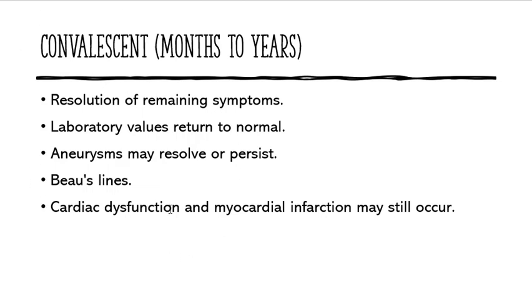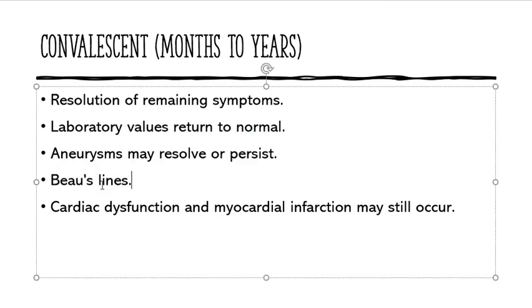In terms of the long-term effects, you may still get some aneurysms happening, and cardiac dysfunctions, infarction may still occur in the future. As I said, you can try and treat it now, but you never know what happens in the future. So they're more likely to get it. You might start getting Beau's lines, so these nail changes, nail infarcts that you'll see. I haven't got a picture here today, but you can search online what Beau's lines look like. But as I said, it's very uncommon to see Kawasaki disease, so it's uncommon to see someone with Beau's lines. But yeah, you might see that.